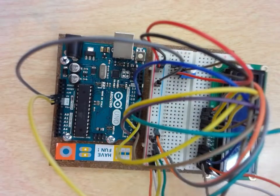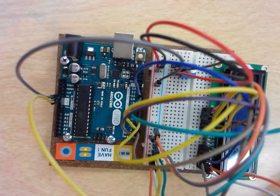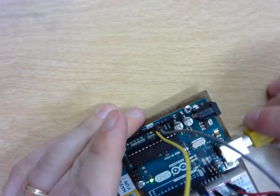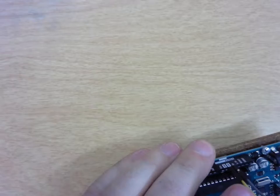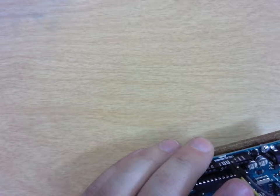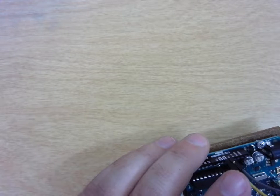The next thing that we are going to do is load the code to it. So take our USB cable, and the code that you guys are going to have is going to have errors in it. So you are going to have to debug this code. So when I plug this in here, and let's see what I have got for this, and we're going to hit this to run, verify my code, and I run my code here,